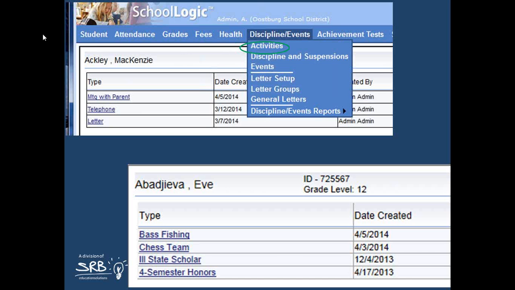Now the cornerstone of this is a field that you see on the left in these examples called type. At least when you go to the discipline events menu and you choose activities, it's called type. This is actually a lookup table in SchoolLogic called correspondence type. And just by that name, you can tell the developers originally were thinking of you communicating with your parents.